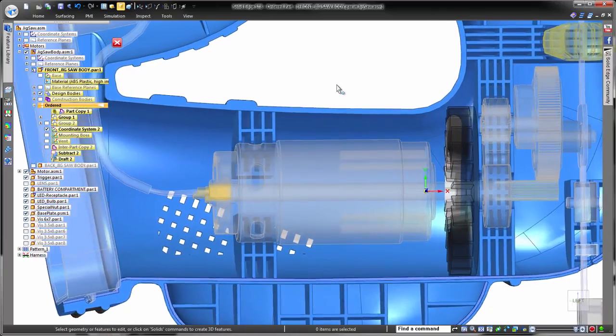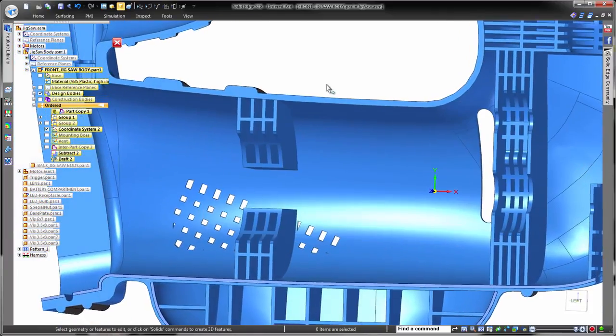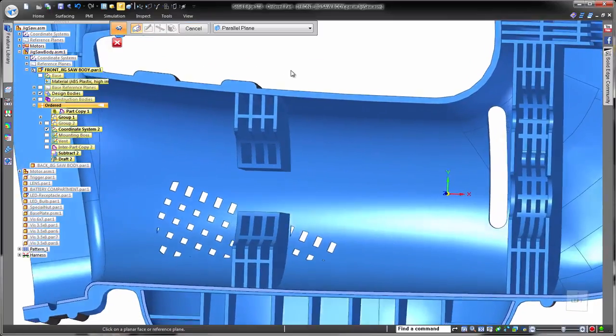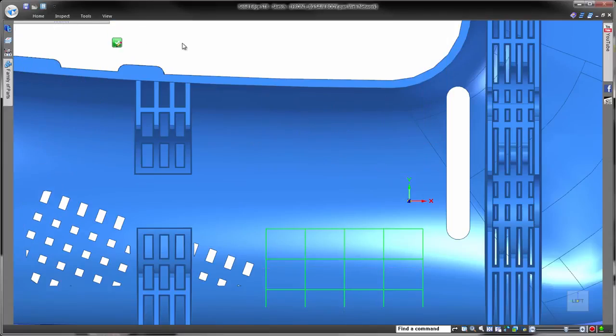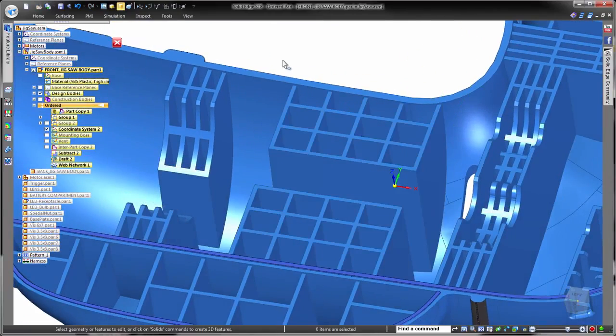Another feature that is found in a large majority of plastic parts is known as a web network. These networks of ribs or web features are often used to strengthen plastic parts as well as provide support for internal components. By creating a uniform series of lines in a grid pattern, we can quickly define the center lines